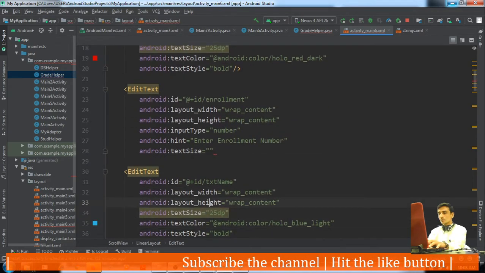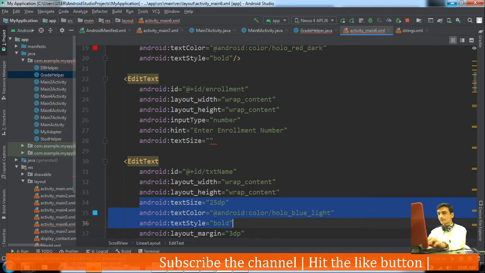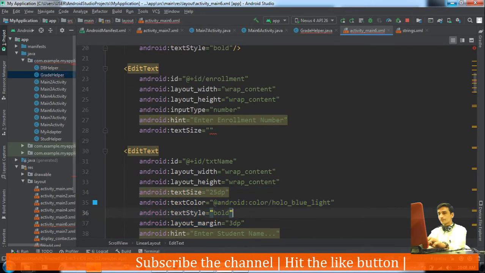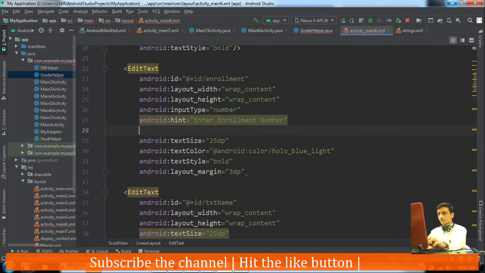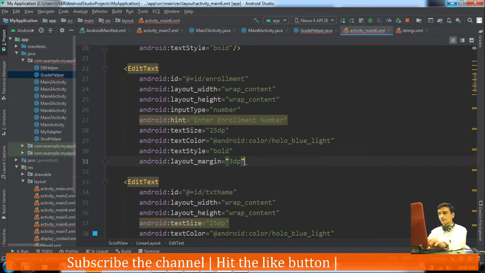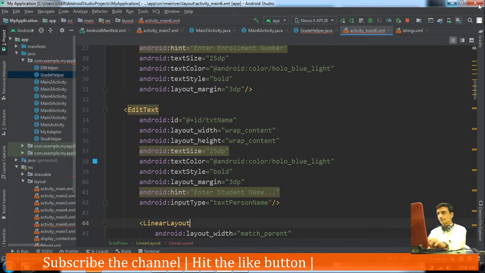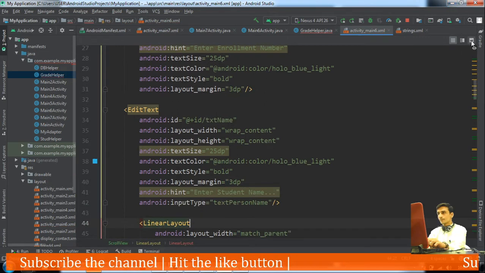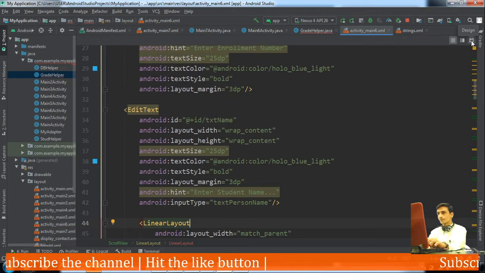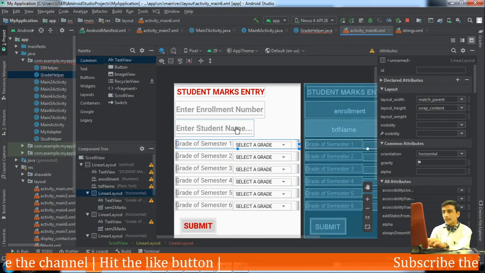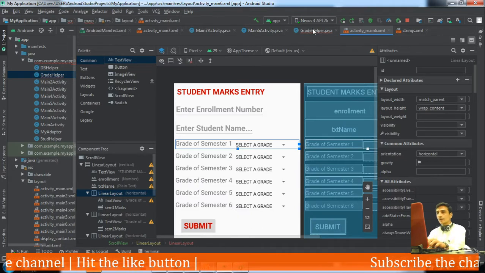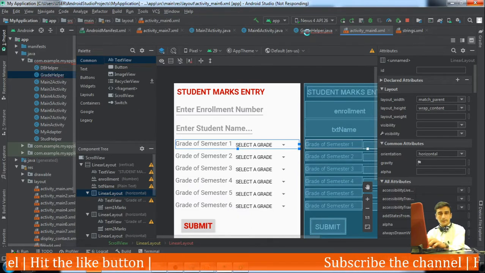The remaining attributes we will copy from here: enrollment number, then name, then grades. Okay, it's fine. Now our GradeHelper class should be defined.